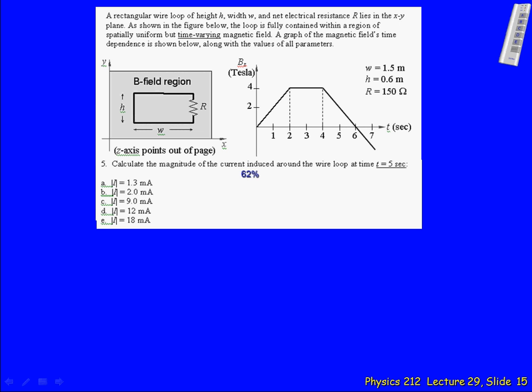Okay, we have another example of a Faraday's law problem here, where we have a wire with some resistance in it. It's in a uniform magnetic field. The thing that's interesting about that magnetic field is that at time t equals 0, it's 0. The magnetic field is increasing for a while, then it's uniform at 4 Tesla, and then it decreases and actually